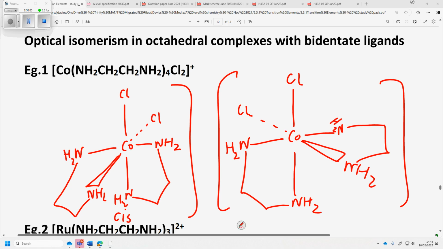Those two structures are both cis, but they are mirror images of each other